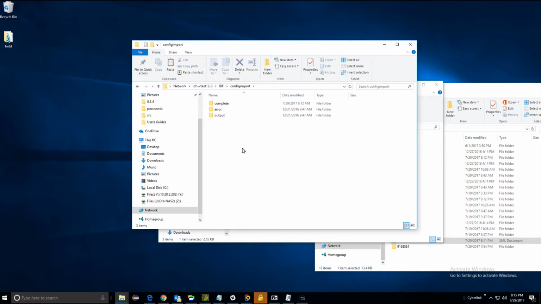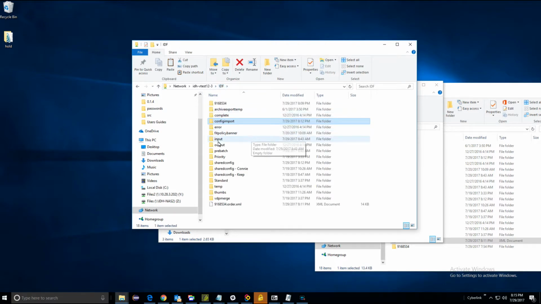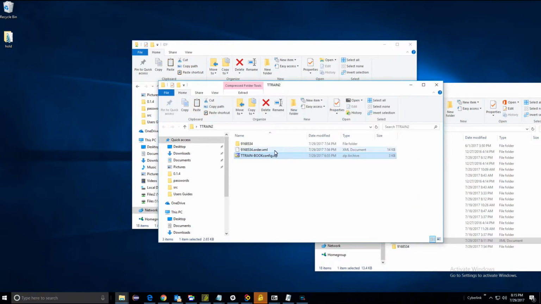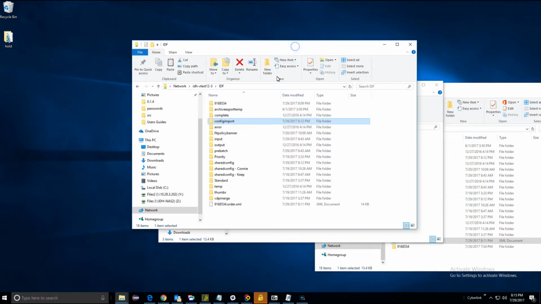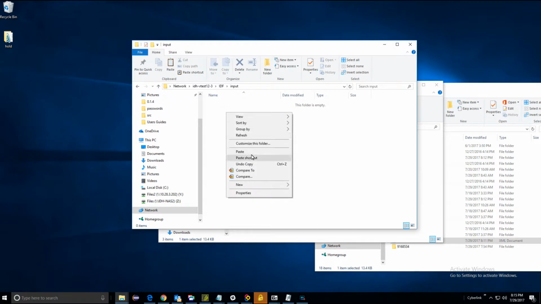And then those templates for this product that we're going to work with have now been basically installed or set up within the system. Now the next thing that we need to do, which also is in this IDF folder, is we need to come back over here and grab our order XML. So we'll copy that, come back to our IDF share, and you'll notice in the IDF share there's a folder called input. So we'll open up the input folder, paste that file in,